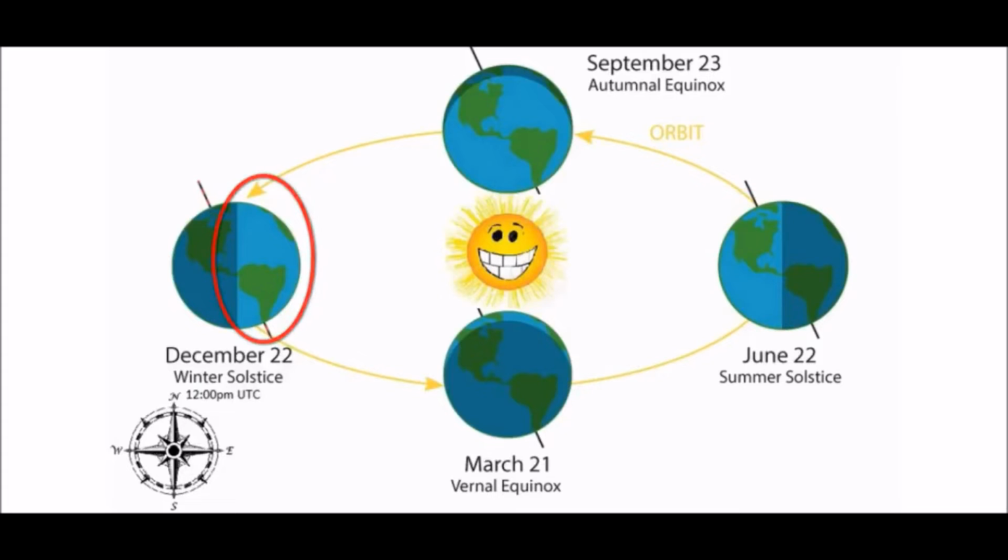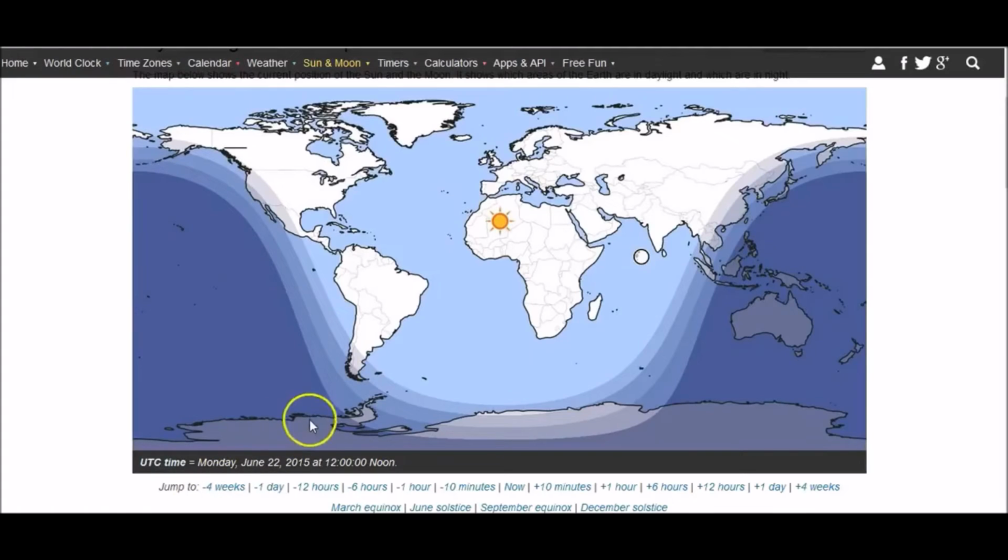Presumably, all of these Earths on this picture are at the same phase of their rotation around the axis, because we can see the same thing, right? If it's 12 noon Universal Time over here, it should be 12 noon Universal Time over here too, except for Africa is facing space. So it's like Africa is at midnight, and it's not facing the sun. But what we observe on June 22nd at 12 noon is Africa is facing the sun.